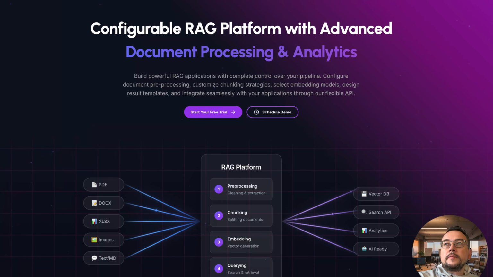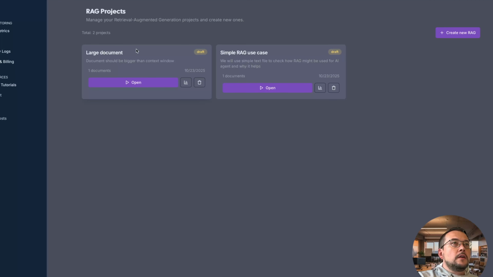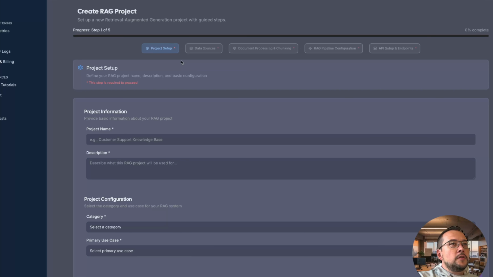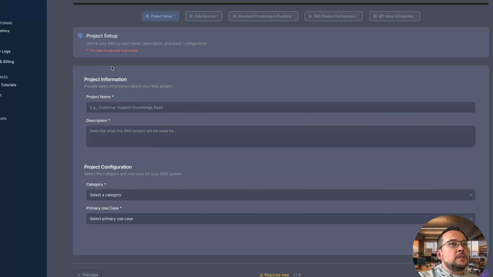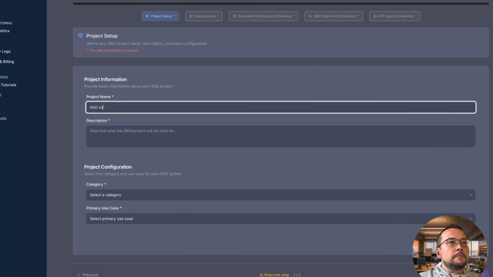Okay, let's click dashboard, RAG, and create a new RAG project. First step, this page contains a form with simple project information, like project name, description, category, and primary use case. For our scenario, we can call the project name RAG with one large text